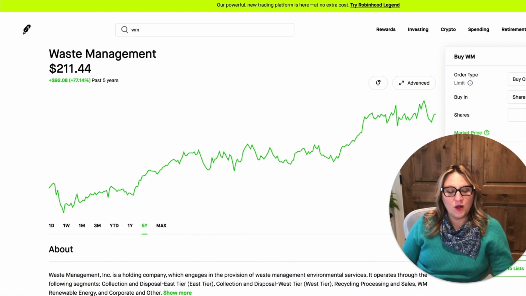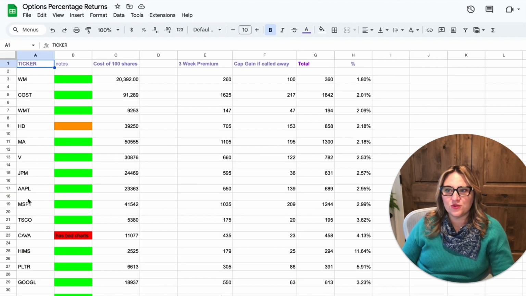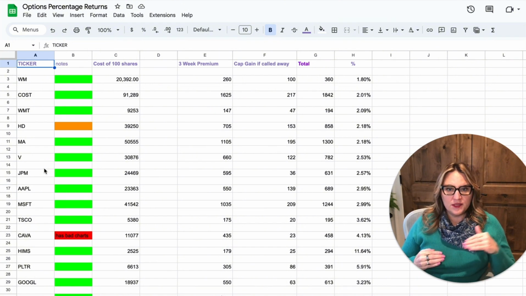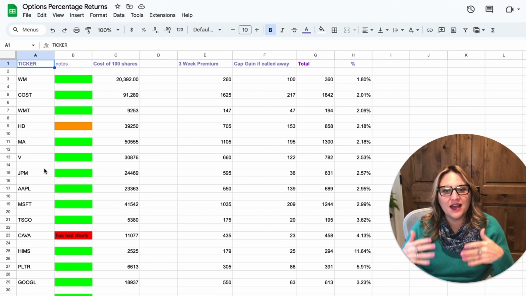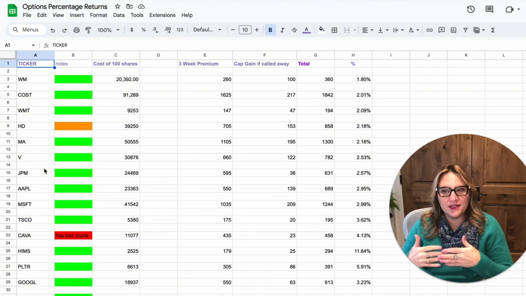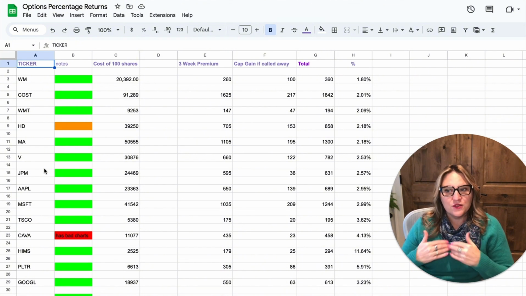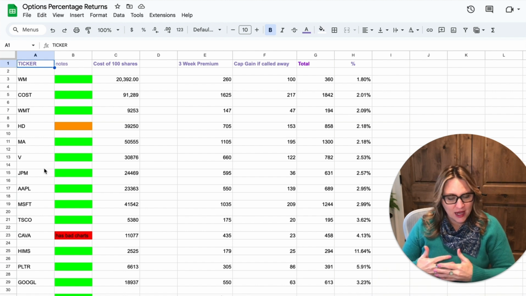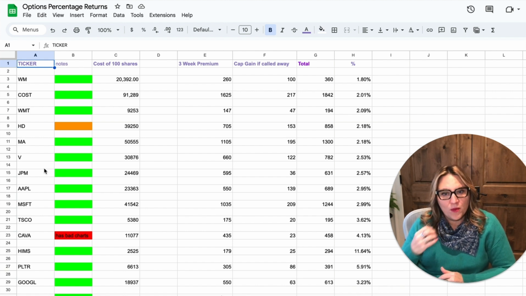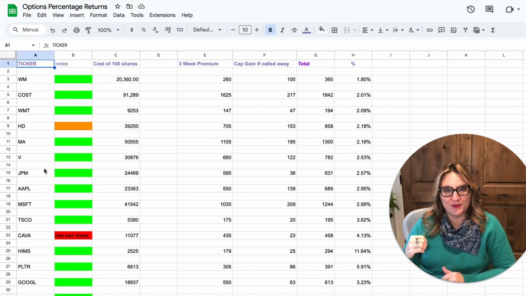The same is true for Walmart, which we're going to review in a second. The same is true sometimes for Home Depot, MasterCard, and Visa. These are companies that are growing slowly, and the options premiums aren't huge on them because there's not a lot of volatility in that stock. They maintain their value within a range. So you're being paid to do options with them, but you're not being paid as high of a rate of return, because the market makers that assign options pricing, with the help of their algorithms and their computers,